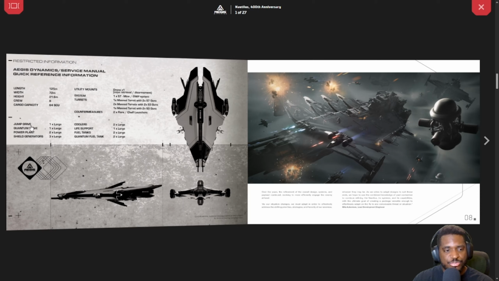In terms of jump drive, it has one large jump drive, one large quantum drive, two large power plants, and three large shields. Now, for comparison, the Silencer Max has two large shields, so this will have one more than that. But it's something that a ship this size reasonably would have with today's current metrics. So, again, I think this number seems good. It's not a capital ship, it's a sub-capital or corvette. You can call it that. I would put it in the same class as something like the Hammerhead or the Perseus, a little bit below the